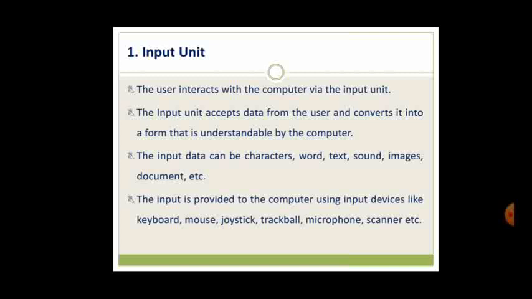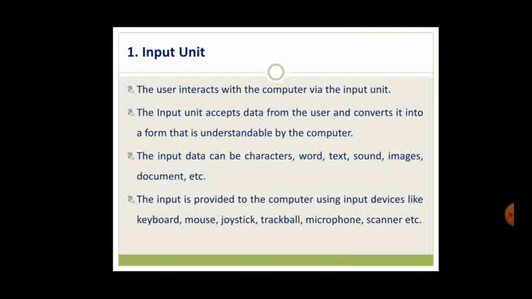and zeros. Some users can give input in English, some users can give input in different languages, like English, Hindi, Marathi, Kannada. But the computer doesn't understand these original languages. It can only understand binary language. So the keyboard has to convert that language to binary language, which is understood by the computer.